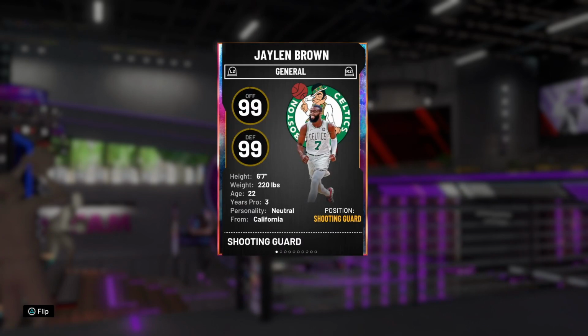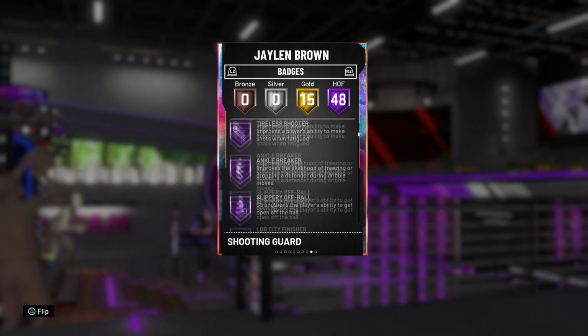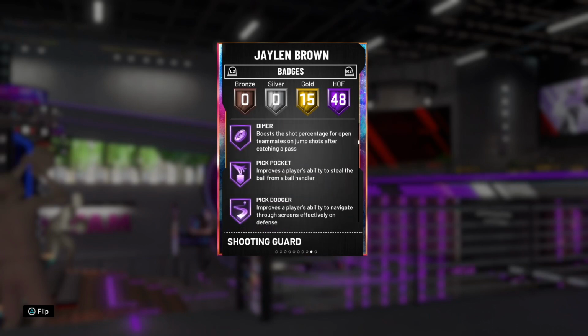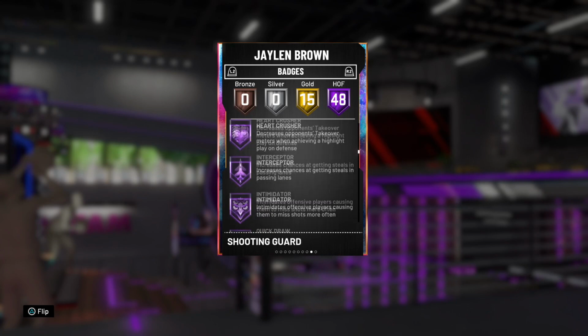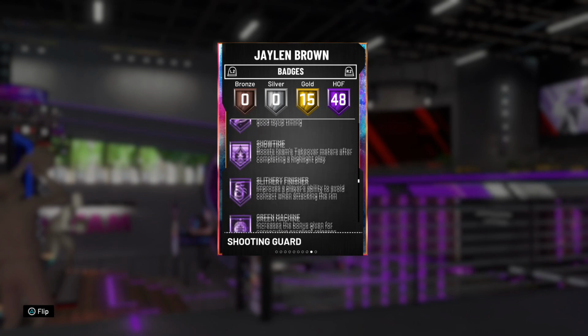But with Jaylen Brown, it's a card that I'm actually super excited to use, because we've been needing a new one. I think the last one we had was a 93 Diamond from ages ago, and he's actually insane. 6'7" shooting guard with a 6'11" wingspan, which is going to be amazing. 48 Hall of Fame badges help him out with everything, especially defense. Also has Gold Moving Truck as well. It's not a hot badge, but it's going to help us, and Gold Post Lockdown as well,